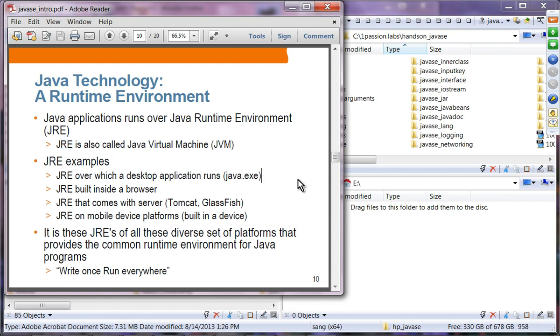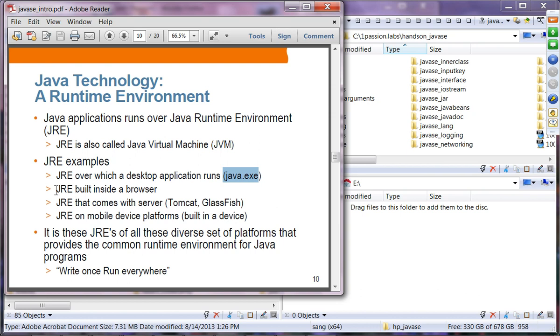In fact, you can see multiple examples of this Java Runtime Environment. If you're running your desktop Java application, that runtime environment is provided by the java.exe file for the Windows environment, and in Mac OS and Linux, it's just called java. A browser has a built-in Java runtime environment.